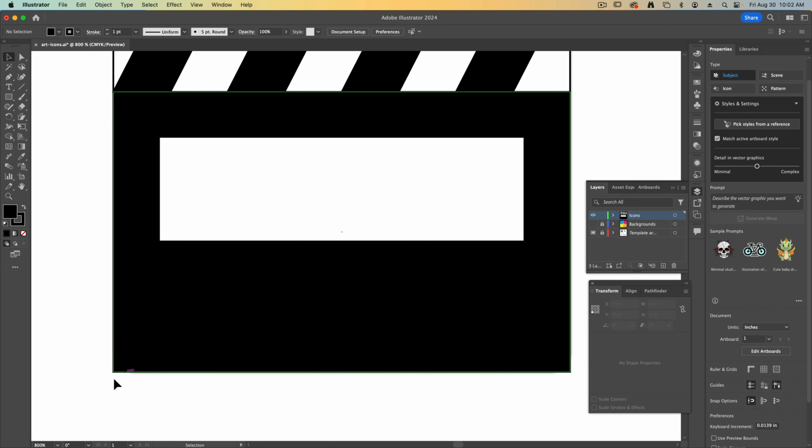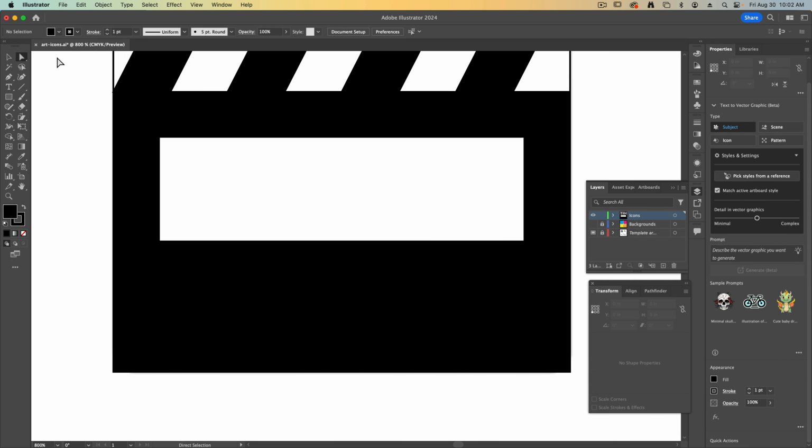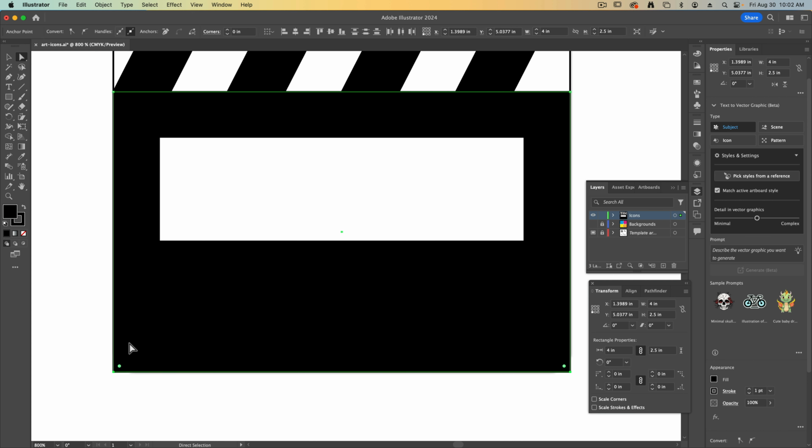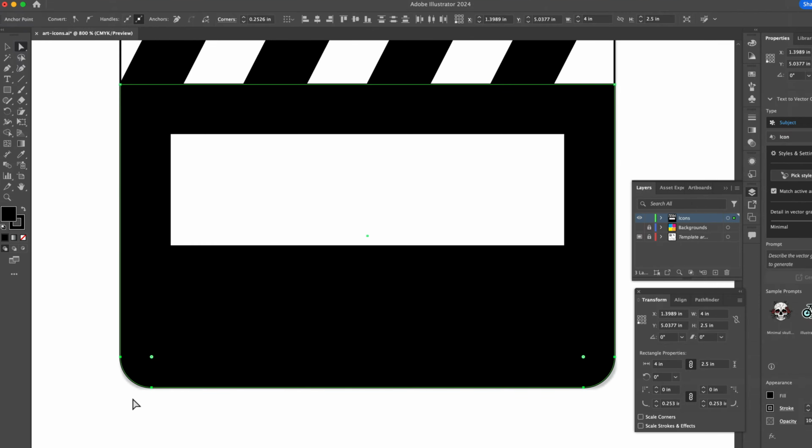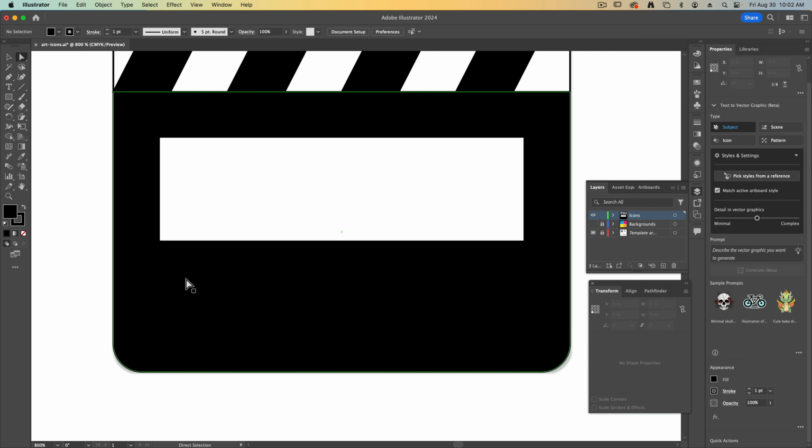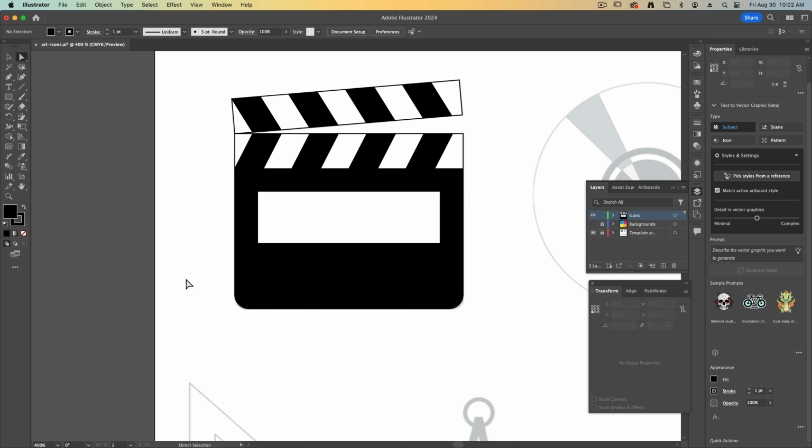With this done, to only select these two corners, use your white arrow Direct Selection tool. Click and drag over those two corners. Then you can click on the little corner widget and drag it up until the R says 0.25 right about there. With this done, I'm going to do Command and the minus sign to back out so I can see